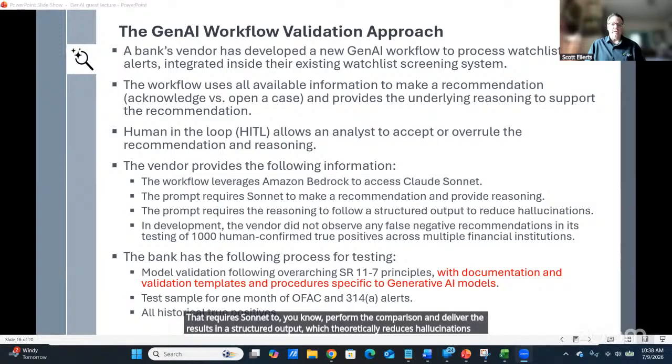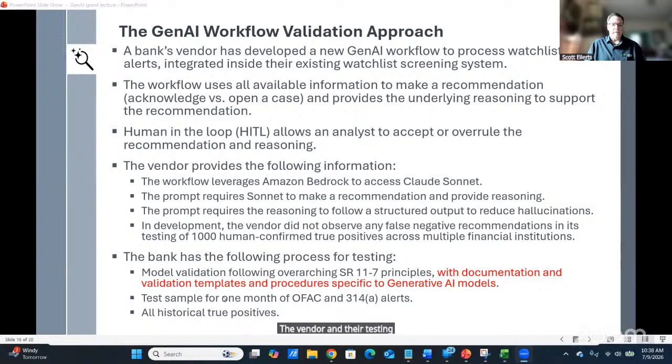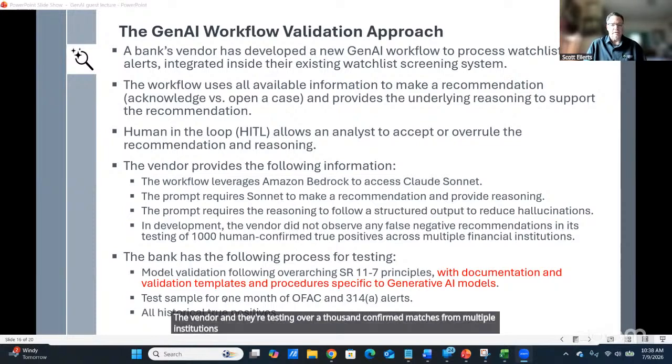The vendor, in their testing, used over 1,000 confirmed matches from multiple institutions. So I think they did a decent job at having a fairly broad spectrum of matches for their training.